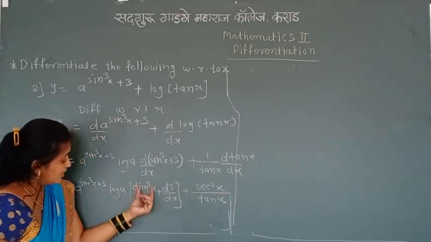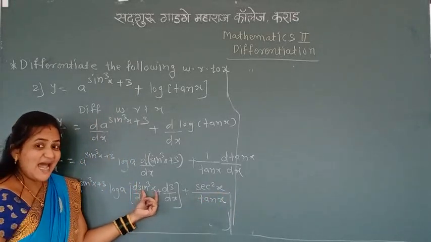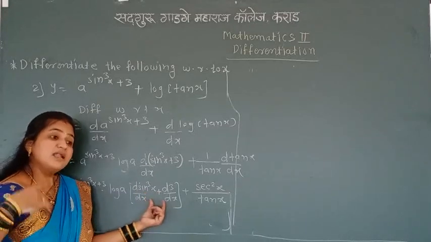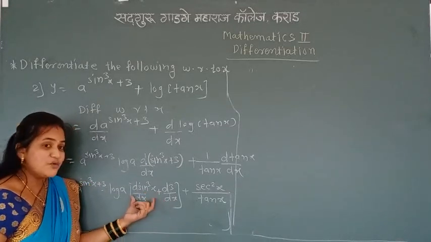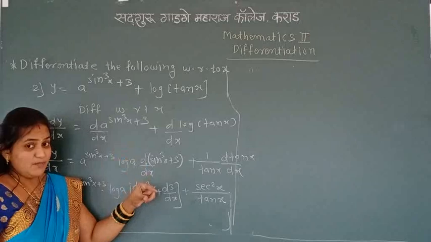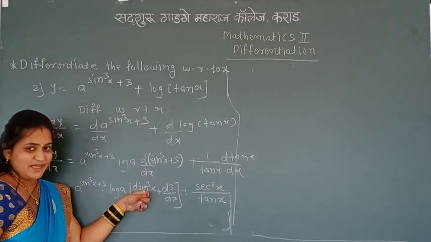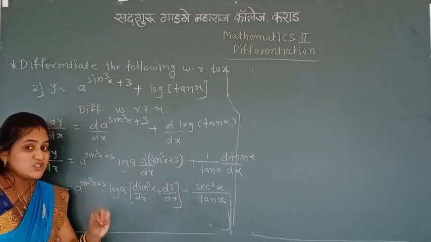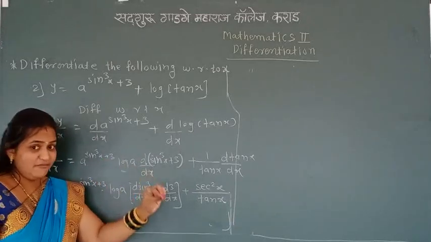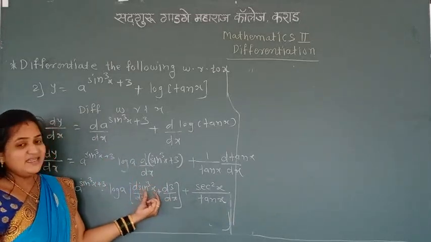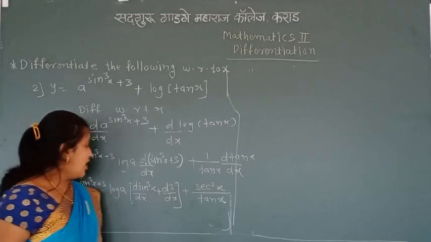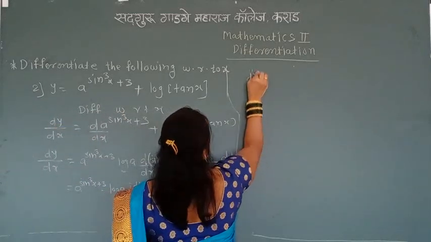Now this is not a standard form. This is again a composite form. What is it composed of? It is composed of x raised to n. Here x is replaced by what? x is replaced by sin x. So first we can use the x raised to n form derivative and then we find the derivative of sin x. So again we use the composite function theorem.